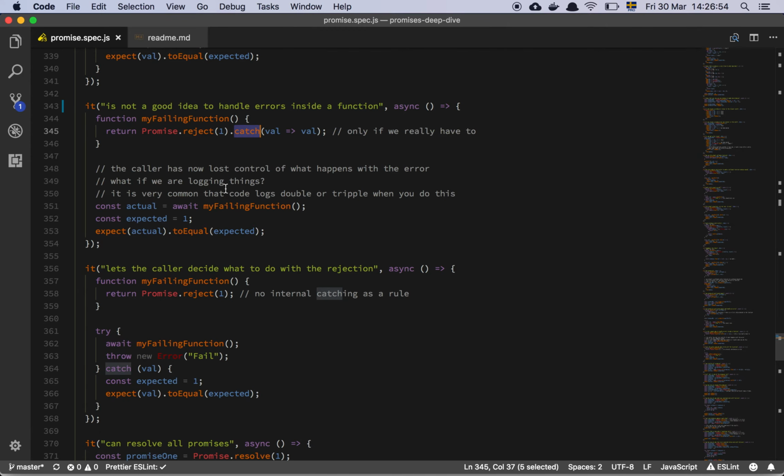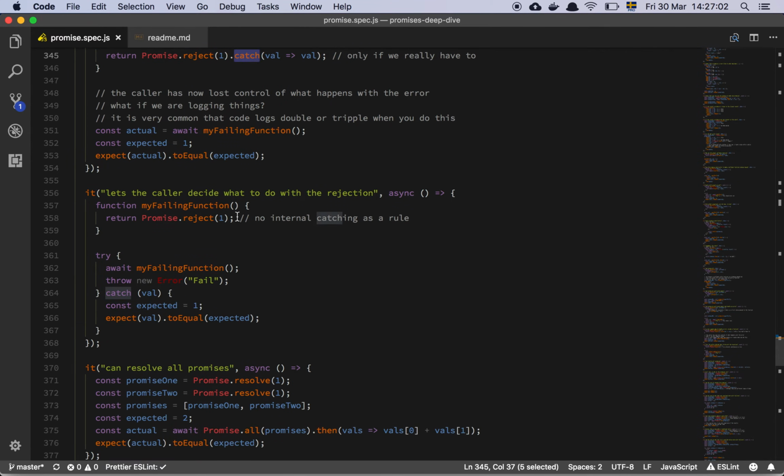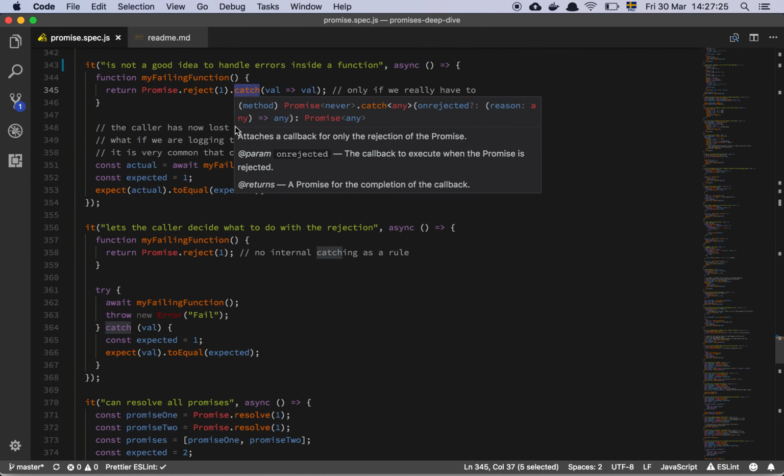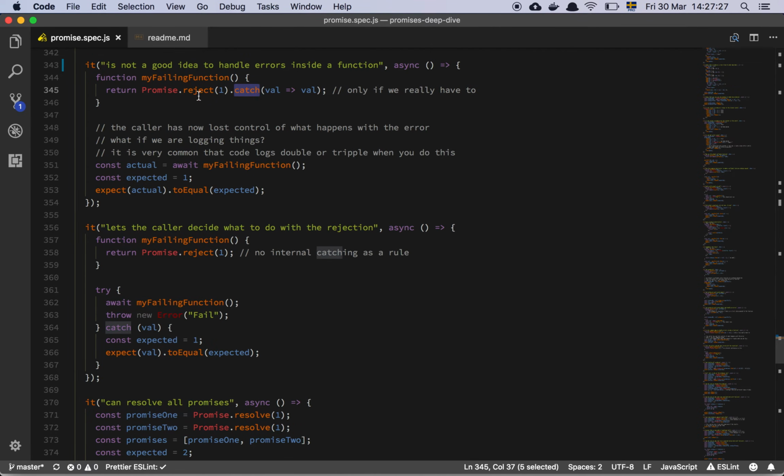Just do whatever asynchronous operation your function needs to be doing and return the promise, because what you want is to do this. You want the caller to decide what's going to happen when you reject the promise. Usually what I see is that people create an internal catch clause, and they maybe do some logging or something like that. And the problem is that if the caller then does their own logging, or they start chaining, keep on chaining, because remember, even if you create a catch, you can keep on chaining as long as the promise is returned. Whoever's calling myFailing function, well, they can keep on chaining .thens and just keep on going,